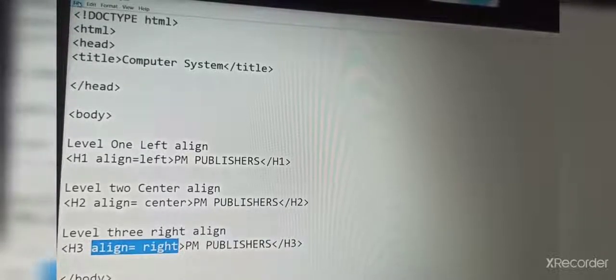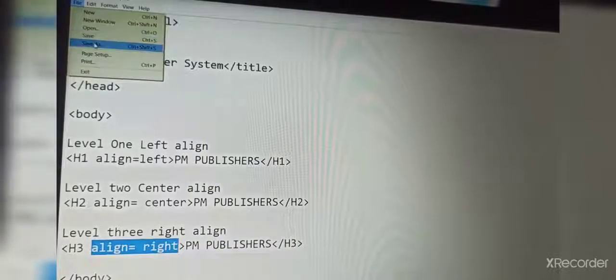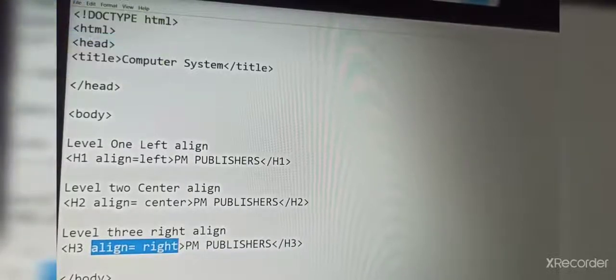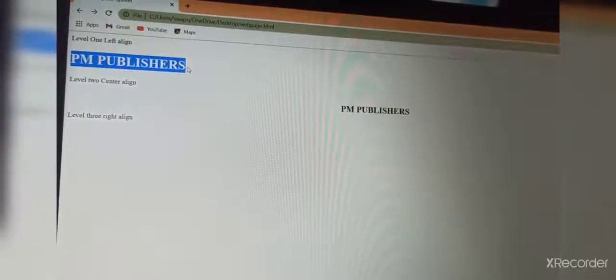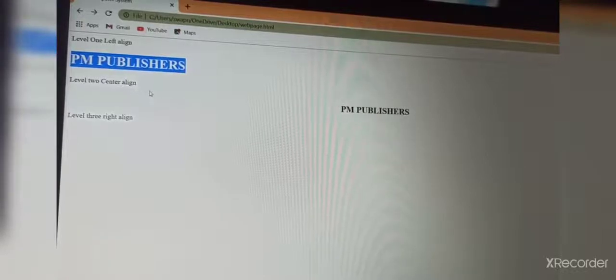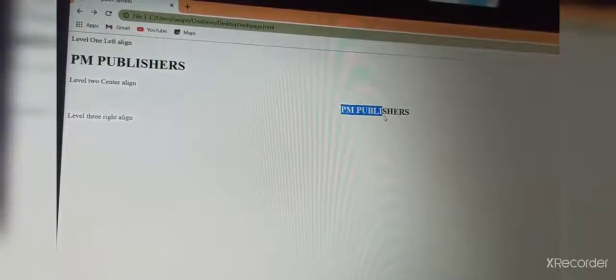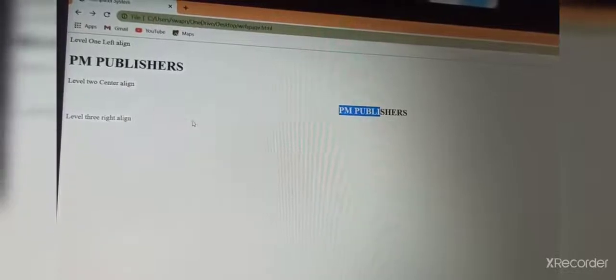Now we are going to see how it will appear on our web page. Now you can see here how it appears. See here, the first heading shows PM publisher appearing on the left side. Then see here, the second one, center, appears on the center side. Then you can see the third one, can you see where it is?